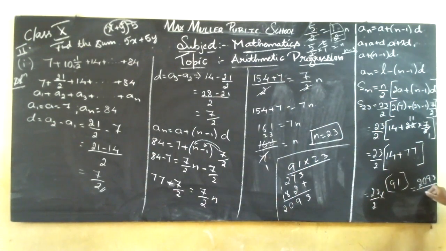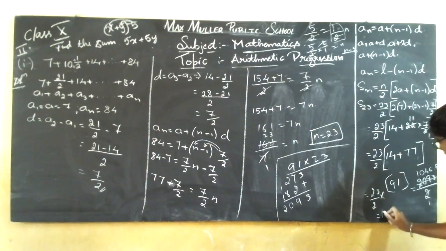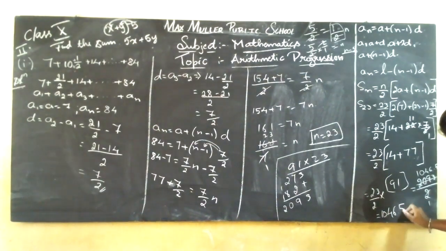2093 divided by 2. You can keep it in this way or you can divide it. Okay. So it is 2 ones are 2, 2 ones are 2, 0, 2 fours are 8, 2 fours are 8. Correct. You will be left with 13. 2 sixes are 12. 1 is there, 0.5. So you get the sum as 1046.5, or you can take it as half.